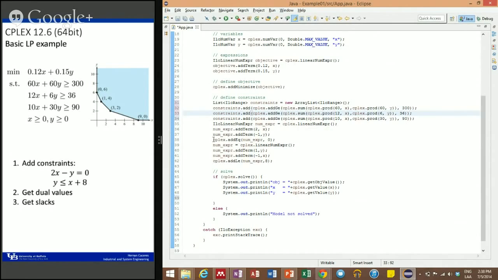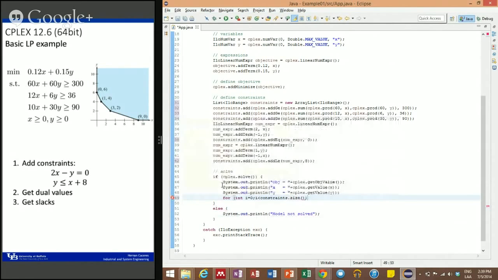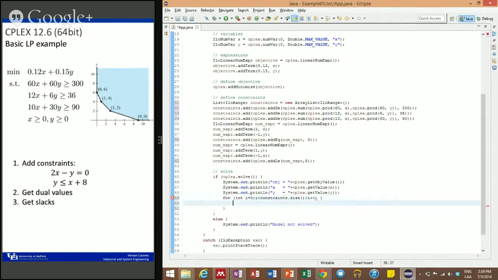What are the constraints we have? Here, and here. Okay, so we have 5 constraints. I'm just going to print this with a for loop, from the beginning of the list. Okay, so we want to print